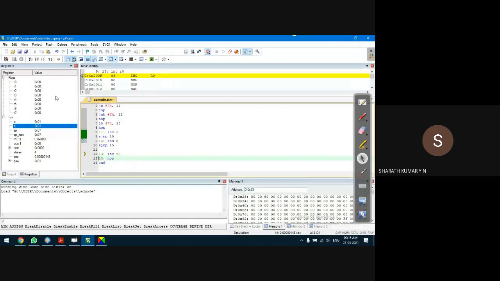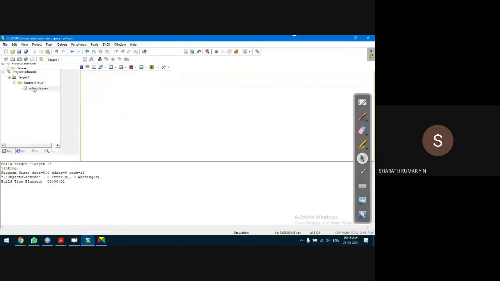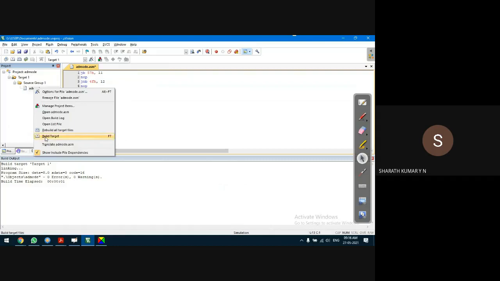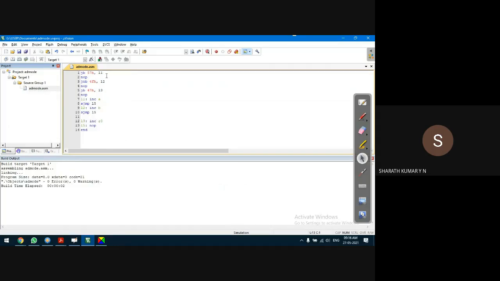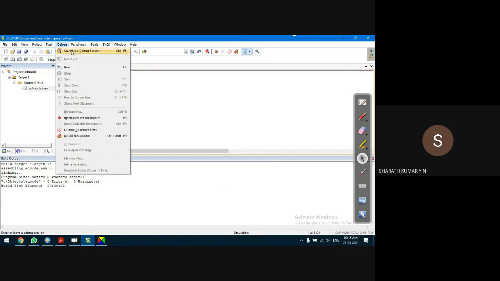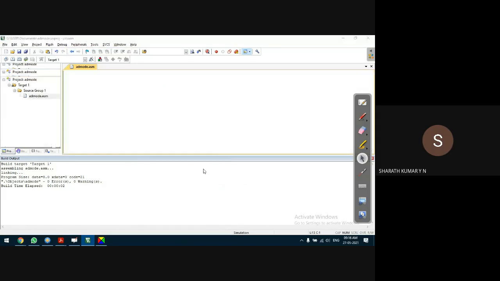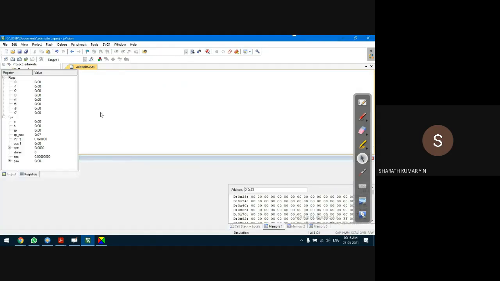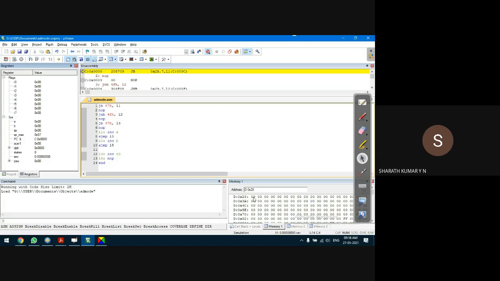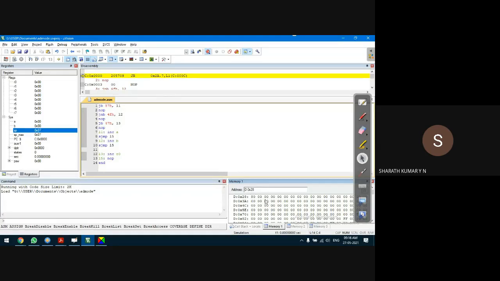For the same program, I'll stop the debug session and continue from the beginning, because program execution has started. So I'll start the execution again. Debug, start session. I'll set the 80 location. There is 57H location set to 1. There is 28H. Okay, MSB bit is set to 1. Next is 0. Next, for example, set to 1. There is 80H. So let us execute the program.